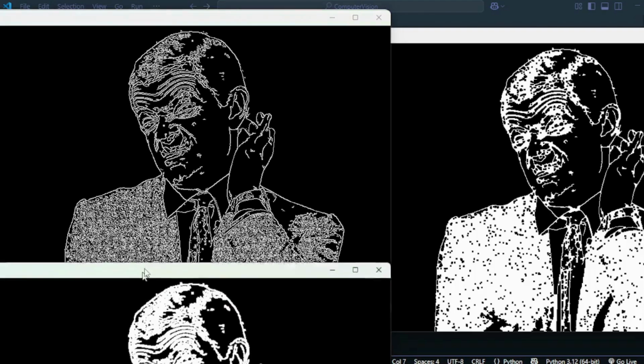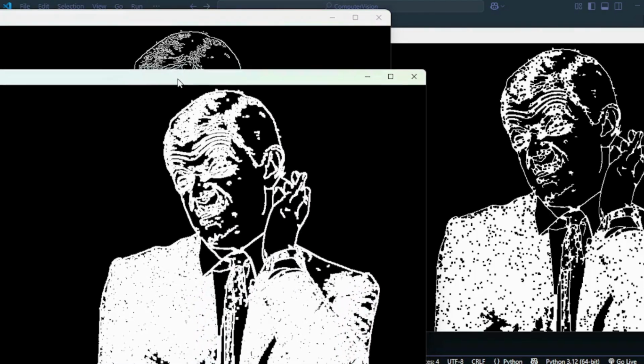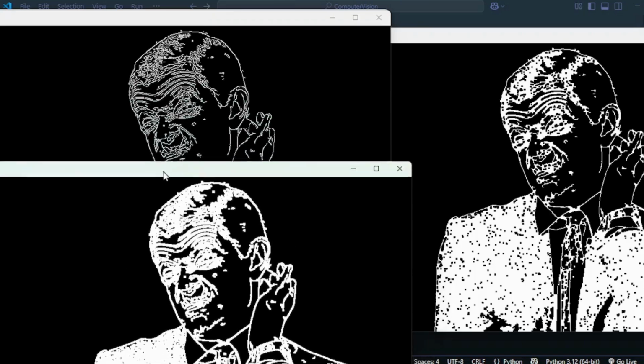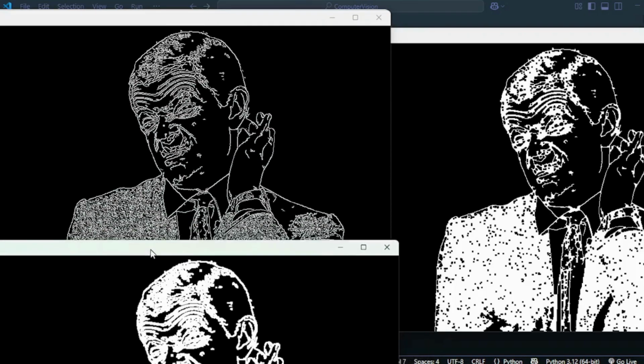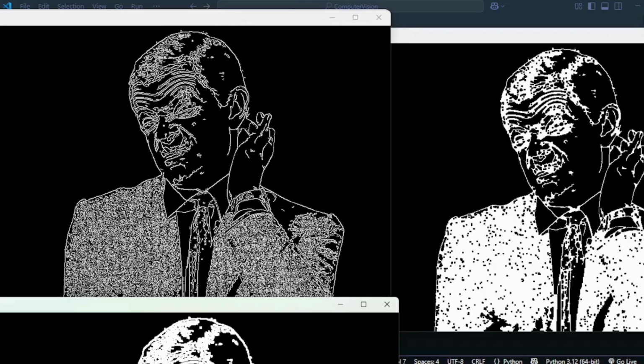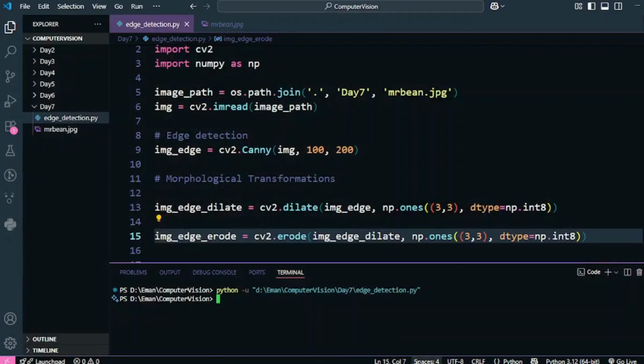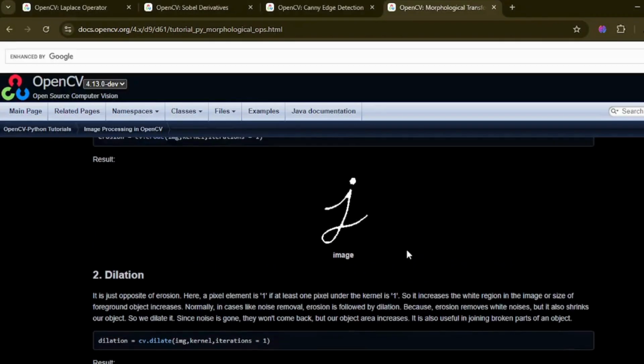Why? Because we are sort of reversing the effect of dilation by applying the erode function on the dilated image. It's not exactly similar, but the intensity or the thickness of the edges is similar to the one that we had in the canny edge detector. So these two are kind of similar in that respect, and you guys can see the documentation of it as well.